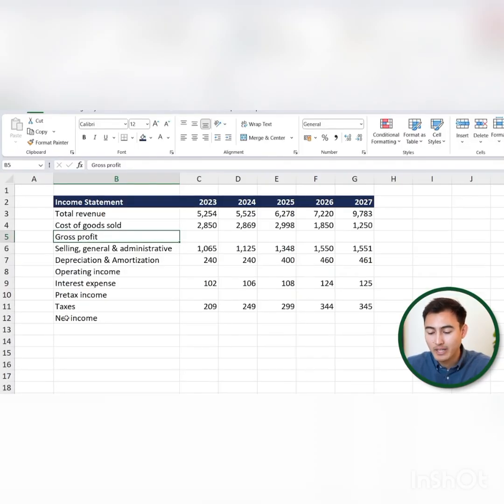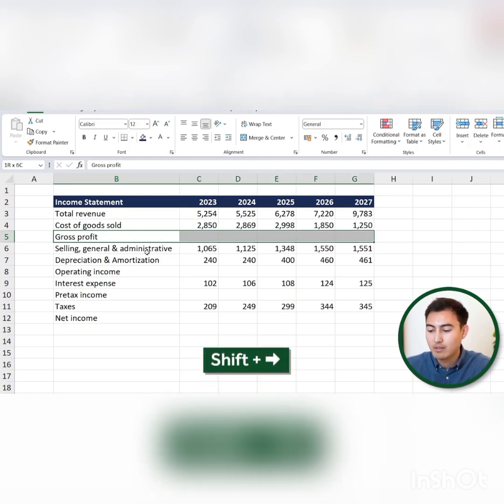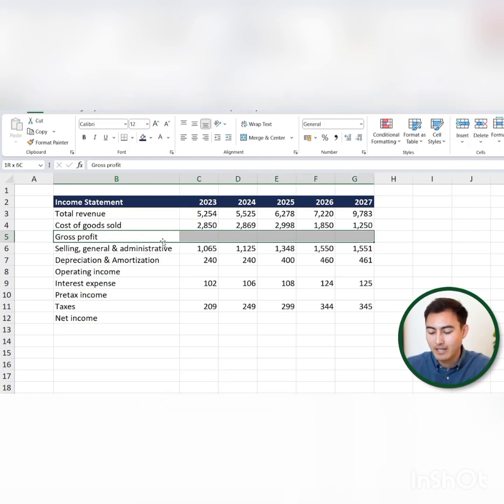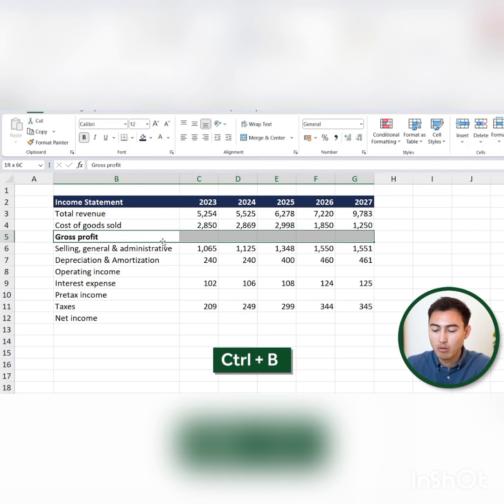Great, now what about the totals though? It would be nice to make those stand out a bit more, maybe by boldening them. So you can see the net income here and the gross profit. It would be nice to bolden these. So we can just select that first one by hitting Shift right arrow all the way to the end there, hitting Control B to bolden,